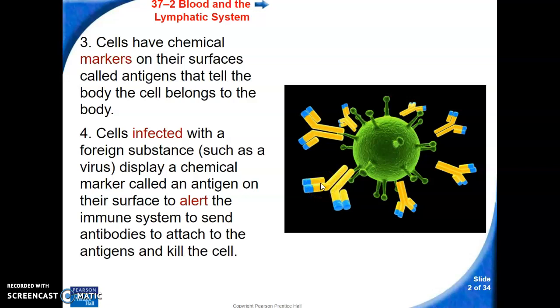It took some time to make the first one, figure out how to do all that. But the second time around, they already have some and they know how to make them, so they quickly make more, and they kill the thing so quickly that you never even get sick. You never even knew you had the thing. And this is the basis of immunity and the basis of an immunization, like an injection against the COVID virus,